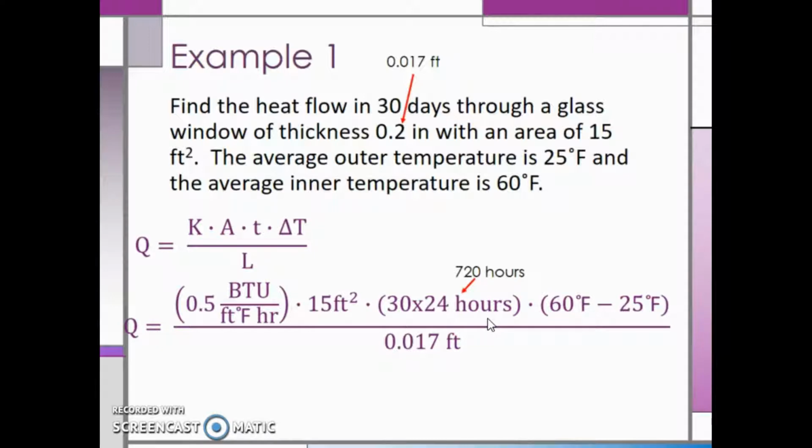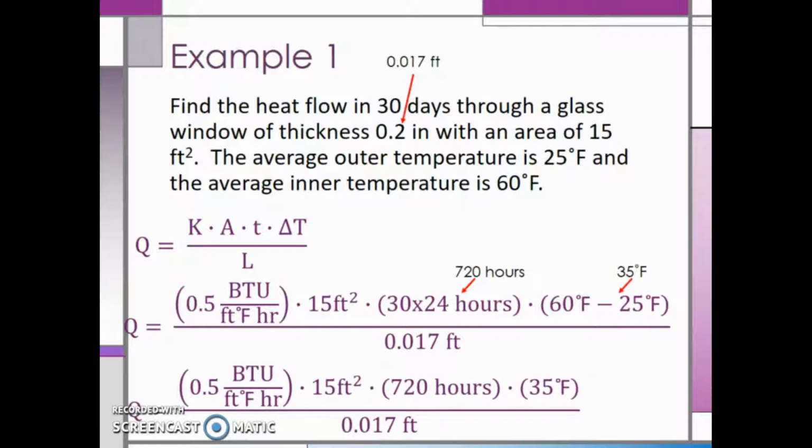Next, delta T is the warmer temperature minus the colder one, or 60 degrees Fahrenheit minus 25 degrees Fahrenheit, which is 35 degrees Fahrenheit. Last, we will need to divide all of this by 0.017 feet, which is the thickness of the window in feet. Going through the multiplication and division, we see that the heat transfer is roughly